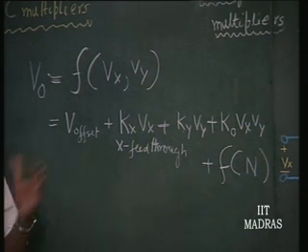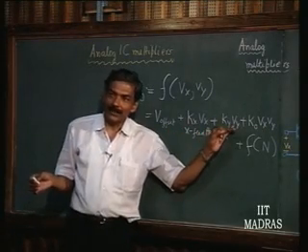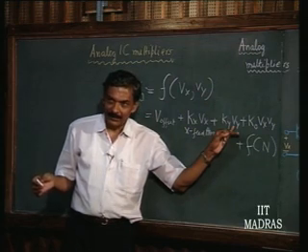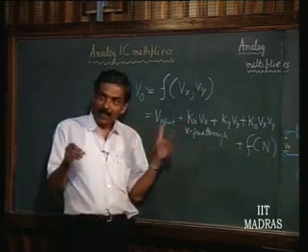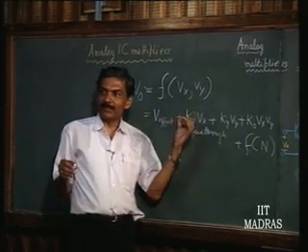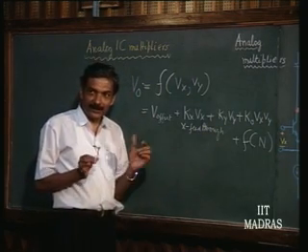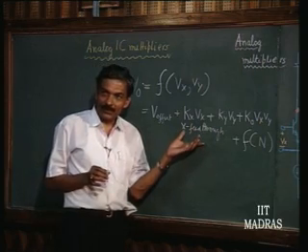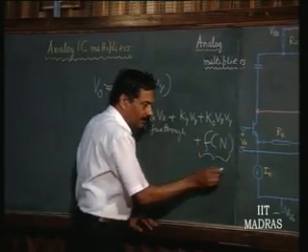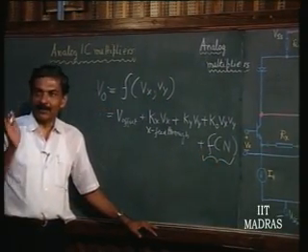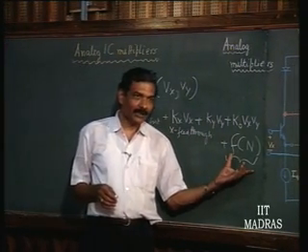Any practical multiplier will obviously be non-ideal. That means all these components are likely to be present in some measure, even if the best configuration is available to you. These non-idealities will be small, but they will be present. So, in a precision multiplication operation, it is your duty to see that there is some possibility of adjusting this to go towards 0. If you select a configuration wherein this itself is going to be very small, that is the proper configuration for multiplication. So, this has to be made as small as possible.